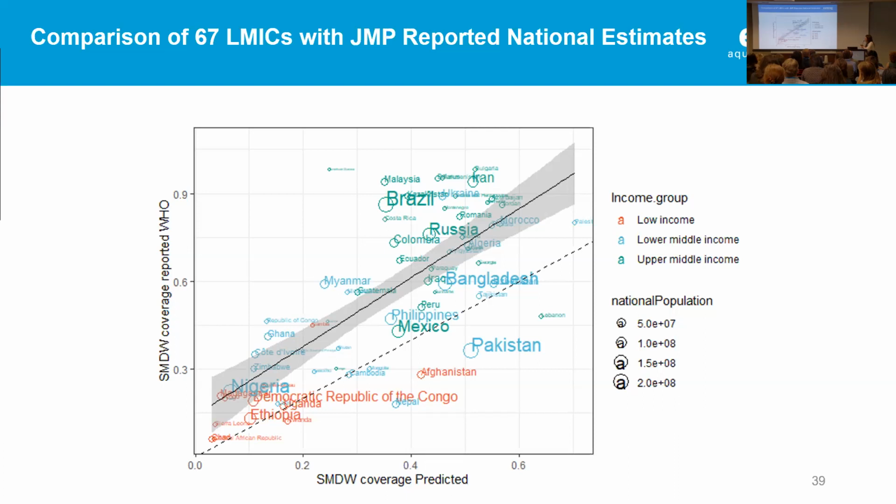But it's interesting to see that we can actually predict these trends. And we have to see how we can pick up on these nuances between countries to capture these differences. Also, as Rick mentioned, the methods for calculating safely managed drinking water are slightly different, so it's not directly comparable.